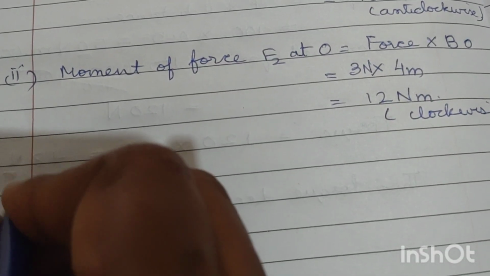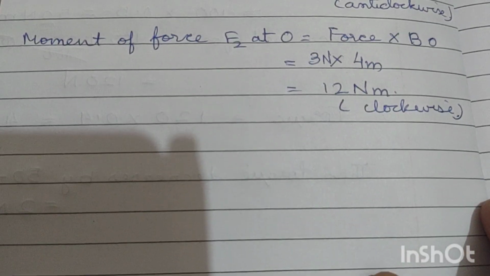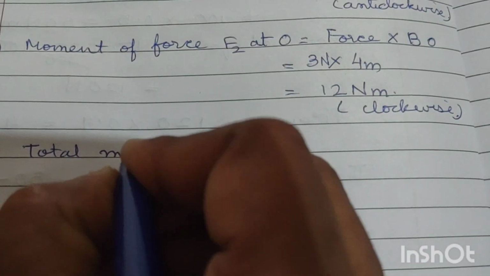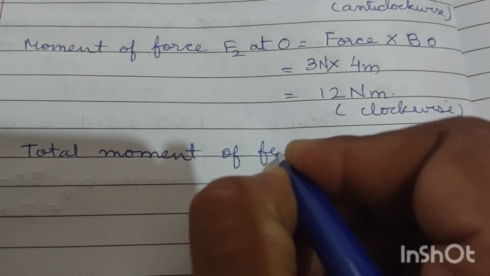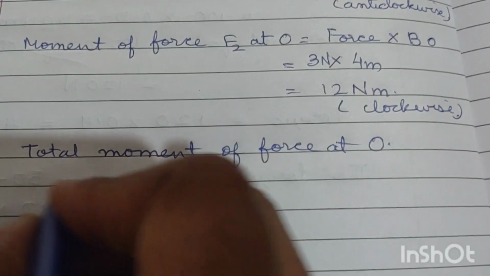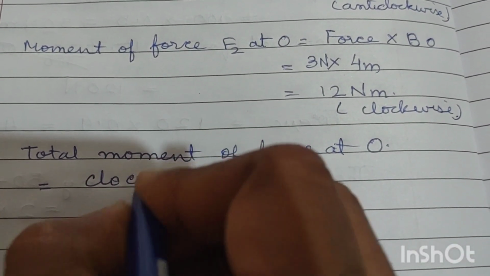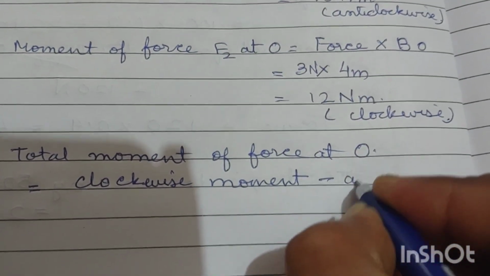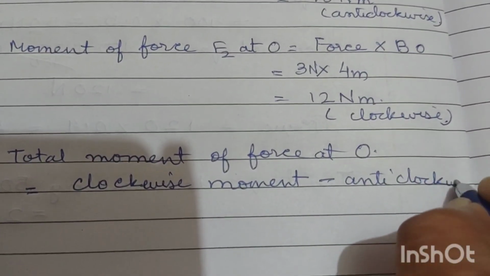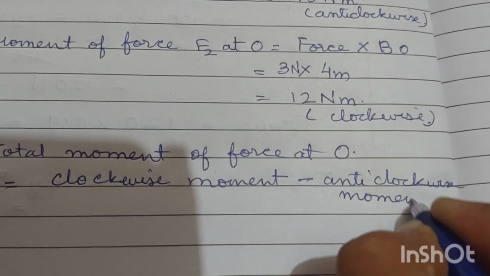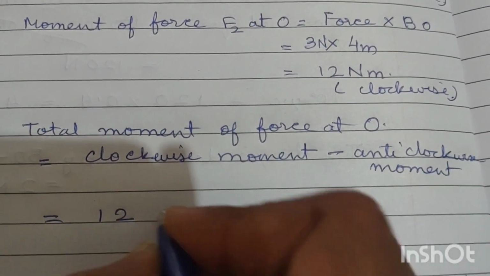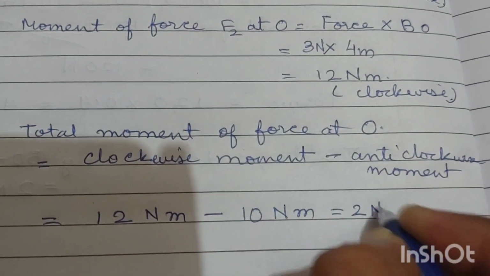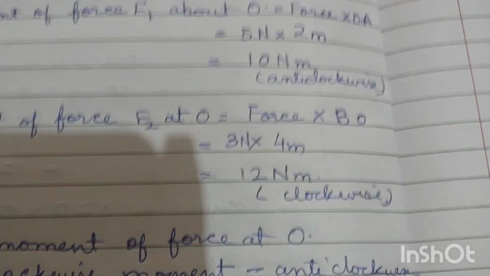Now in bit number 3, it asks total moment of force at O. Total moment of force at O is clockwise moment minus anti-clockwise moment, which is 12 Newton meter minus 10 Newton meter, which is 2 Newton meter clockwise. This is more